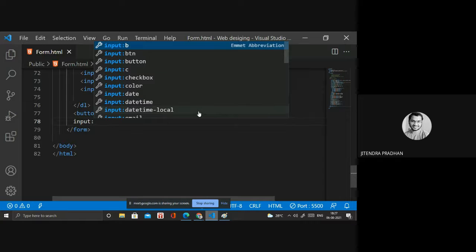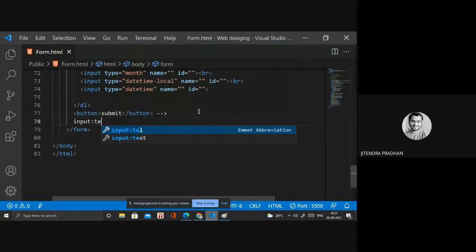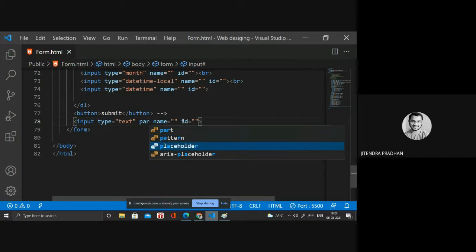Input type text I require. Inside that, I need a pattern, it's an attribute. In that pattern, I will write COLOU question mark R.